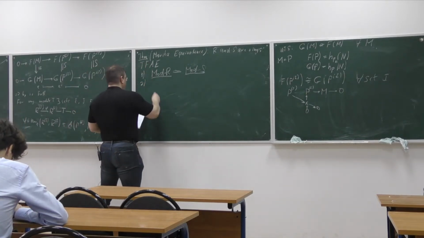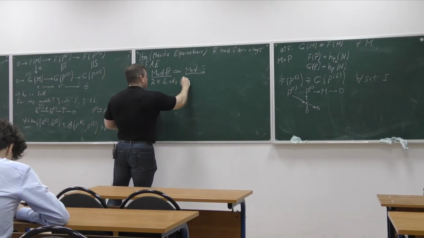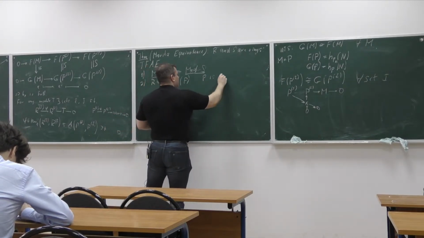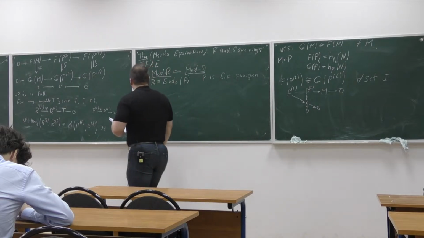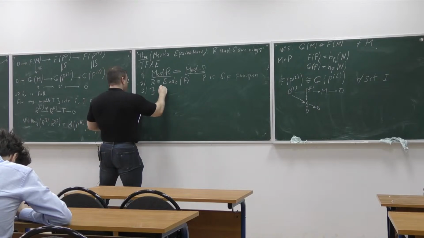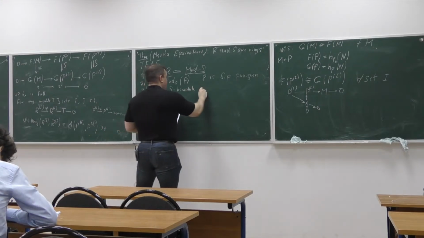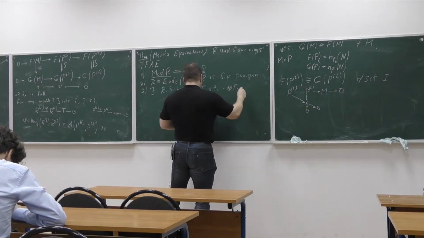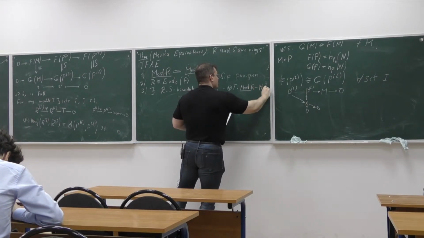2, ring R is isomorphic to the endomorphism ring over S of some progenerator P. So P is a finitely presented progenerator. And 3, there is an RS bimodule T such that the tensor product with this T gives an equivalence of categories from the right modules over R to the right modules over S.